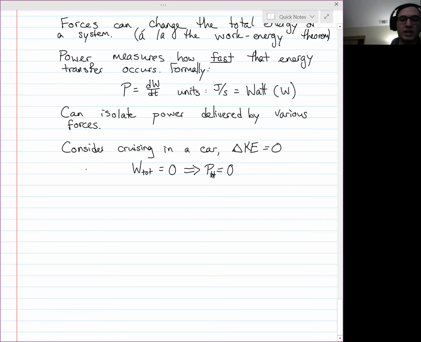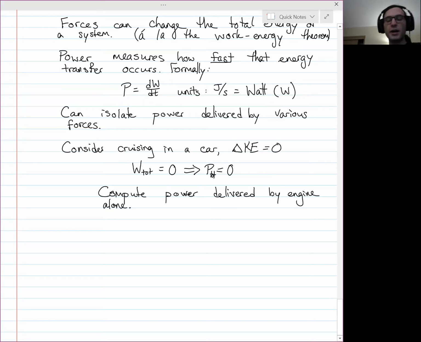So the idea here is that we can compute the power delivered by the engine alone, just by figuring out what force the engine is providing. So there's a nifty little shortcut for computing power that comes up fairly regularly, and it applies in